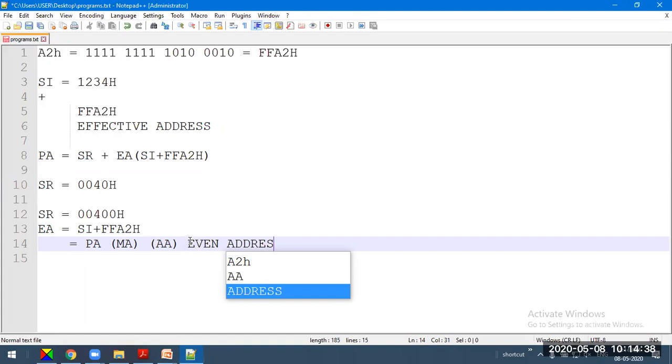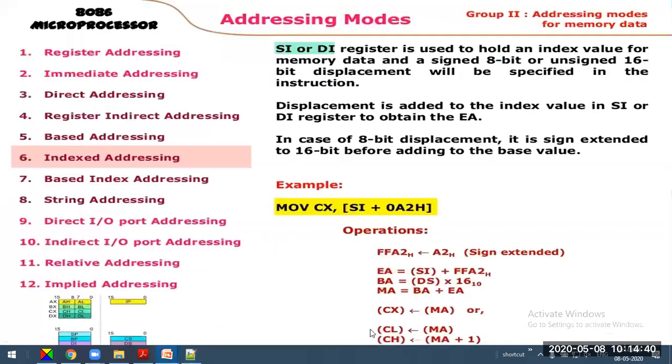In such a case, from that address the byte is copied into the lower byte of the CX register, that is CL. From the next address, another byte is copied into the upper byte of the CX register. Together it is a 16-bit register. CX corresponds to the counter register, so together it forms a 16-bit counter register.